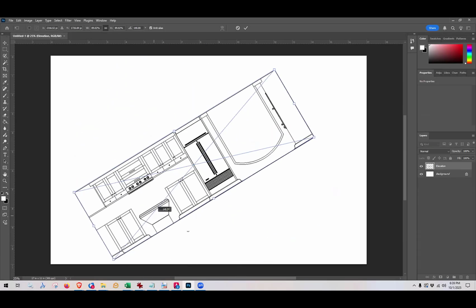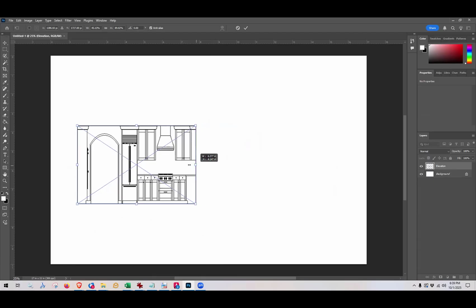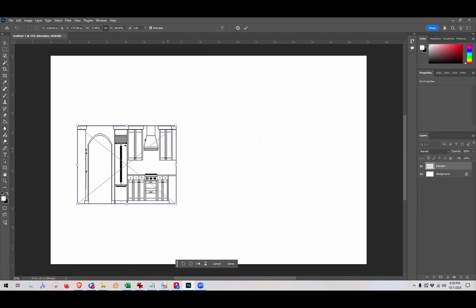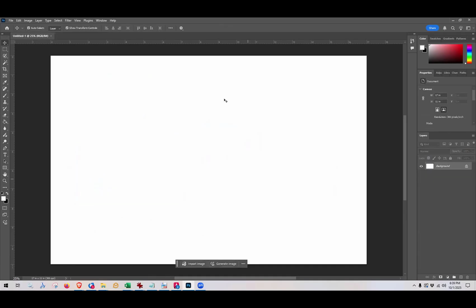I can rotate the image, and if I hold my shift key down, I can distort the image. I can squish it down, so I can do all kinds of stuff with this, but I don't want to do that. So let me bring it